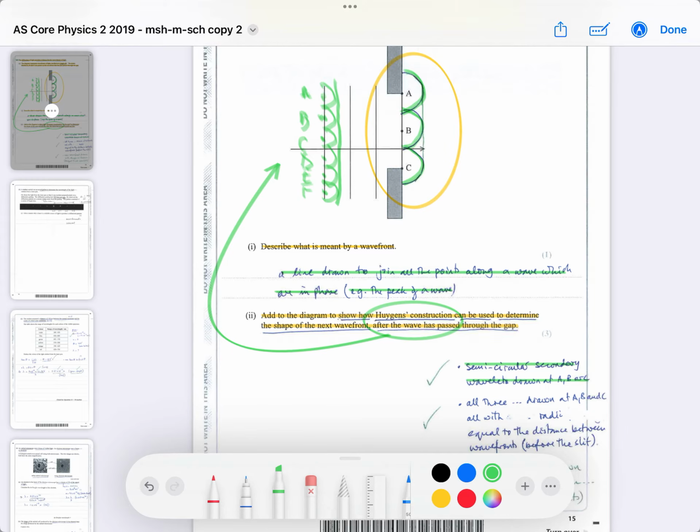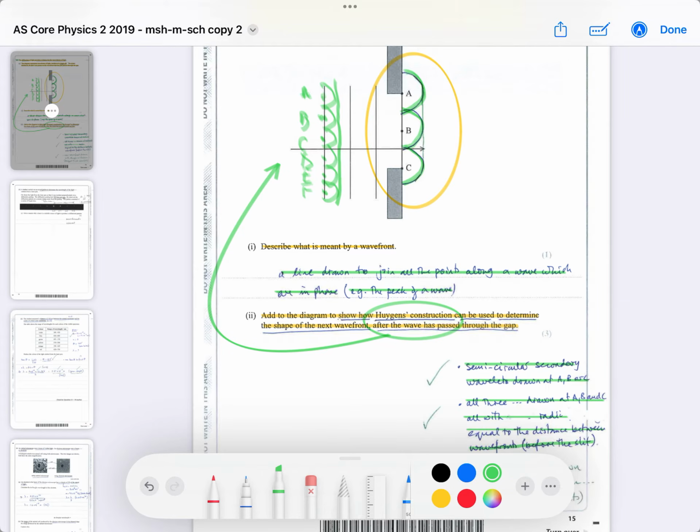Obviously you can't go beyond A or C because there is the obstacle, which shows that there are no other point sources of the wave beyond A above and beyond C below the points that I have drawn. If you draw all three, A, B, and C, you get 2 marks. And you should really draw the radii of the wavelets to be equal to the distance between the wavefronts